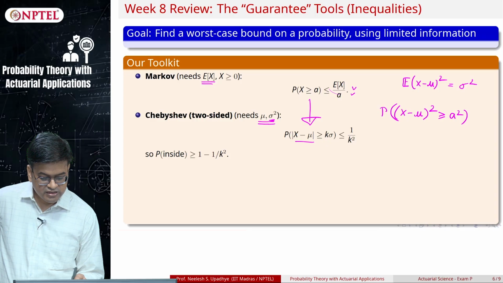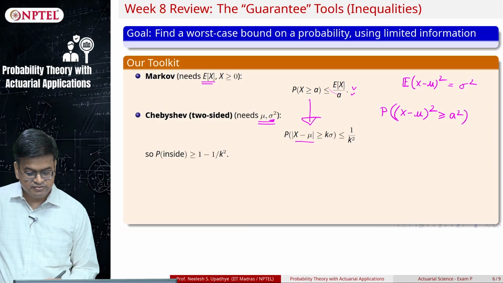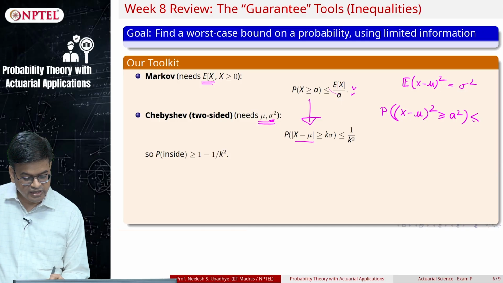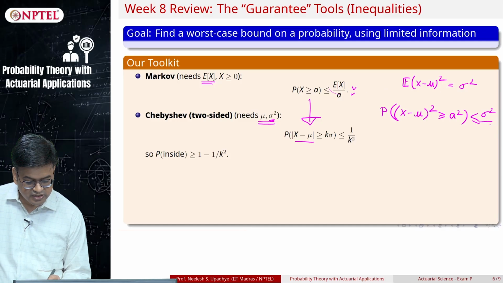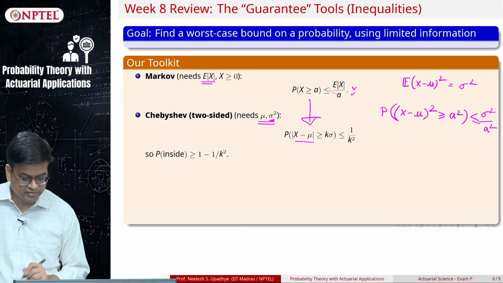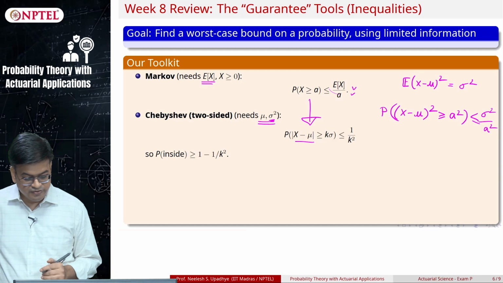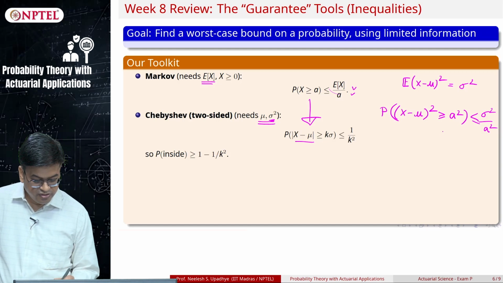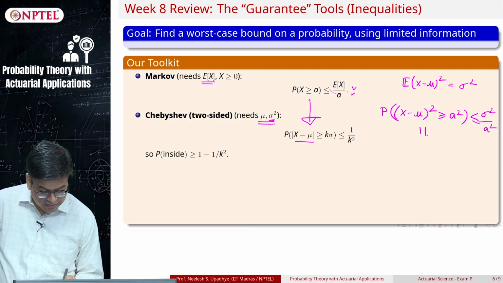Okay, I am asking this probability. I will apply this Chebyshev inequality, and I will get this to be less than or equal to sigma square upon a square, where sigma square is the expected value of x. So, you understand the beauty of this. Now, I have sigma square upon a square, but what is this set equivalent to?